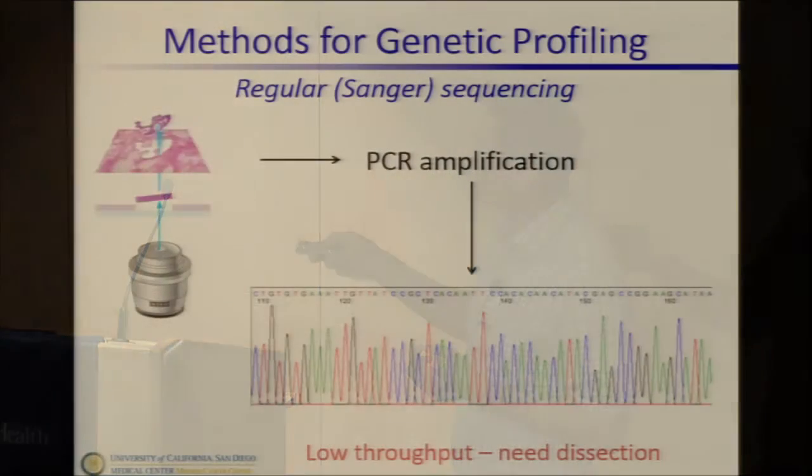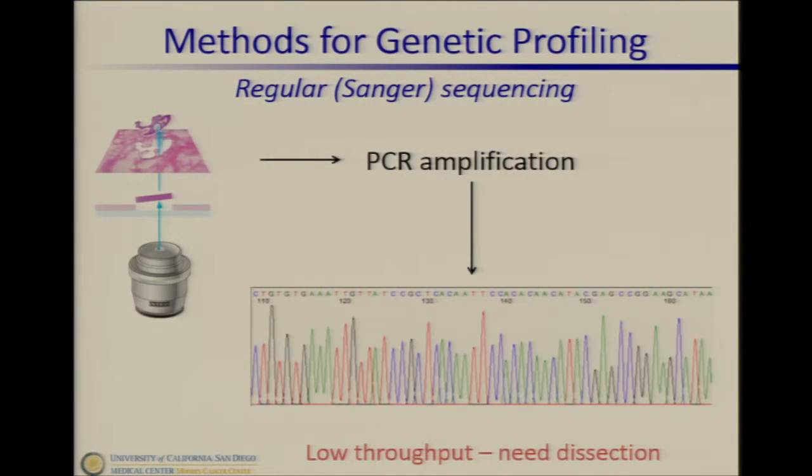Well, first, because they're so low cellularity, we really need to dissect them. So we perform what's called laser capture microdissection, where we cut out the cells that are really interesting to us. And then we can look at them one gene at a time by performing what's called a PCR amplification, and then we can read